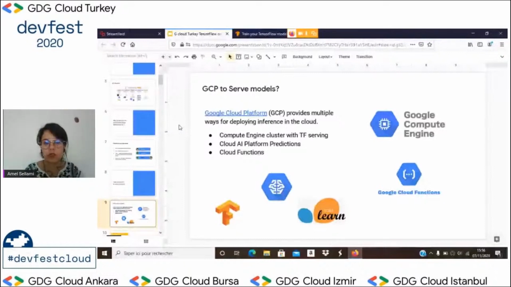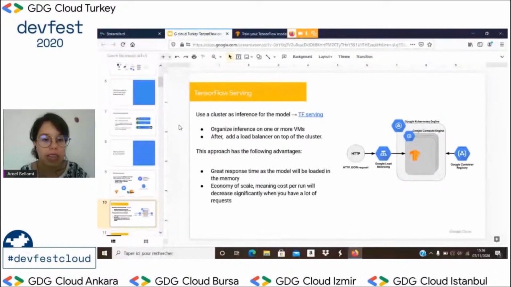For TensorFlow Serving, we use a cluster as an inference for the model. We organize inference on one or more virtual machines, and then we add a load balancer on top of the cluster, as you can see here. This approach has some advantages. The first one is fast response time, as the model is loaded in memory.